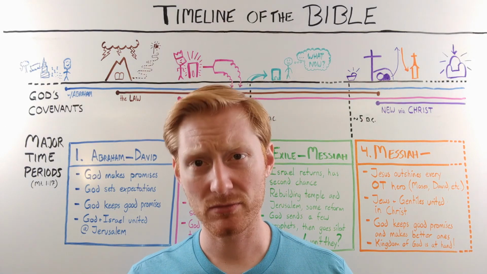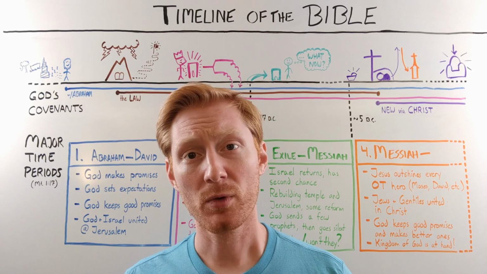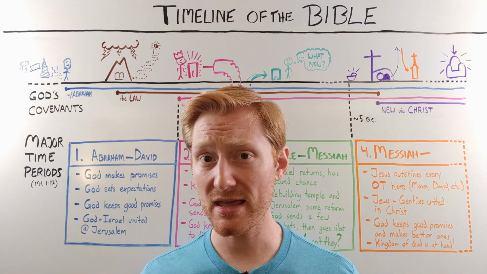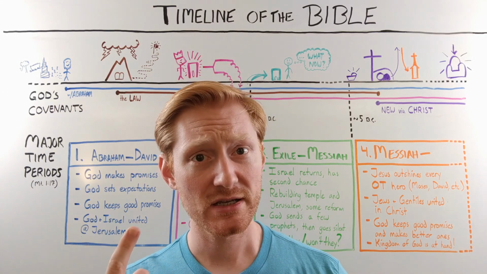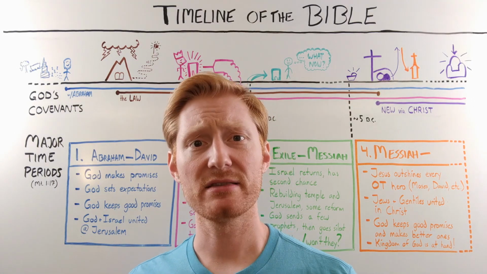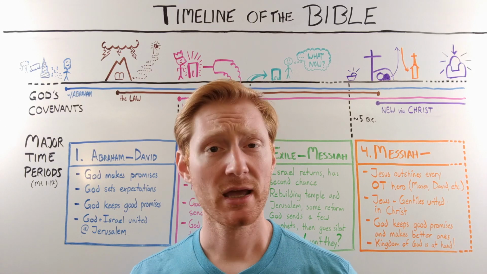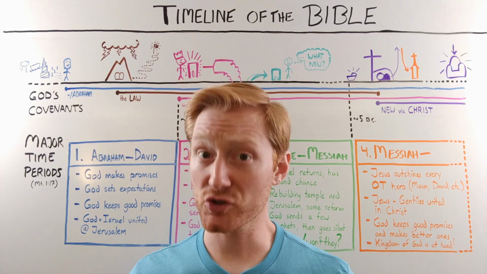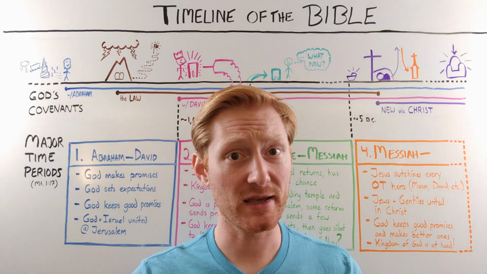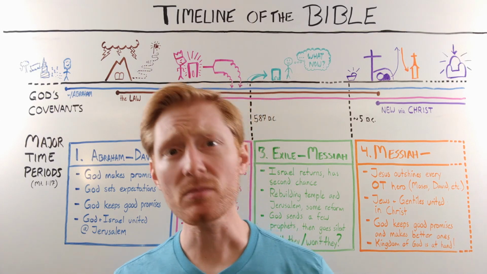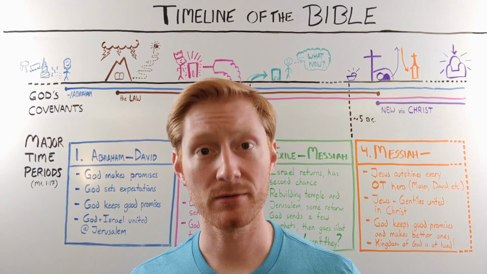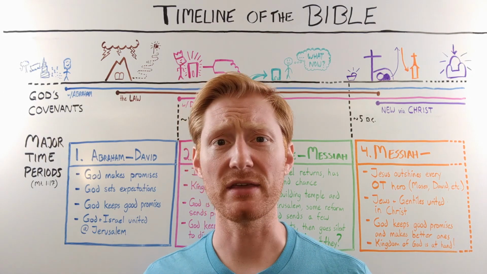So this is a lot of ground to cover still. And to help us understand how it all fits together, we're going to look at two ways to break this big story down. The first is to look at covenants. Now, in the Bible, God makes these special relationships with humans, and they're called covenants. They're kind of like treaties between God and either individuals or families or sometimes entire nations. And there are four really important covenants that we need to understand in order to really grasp the overall timeline